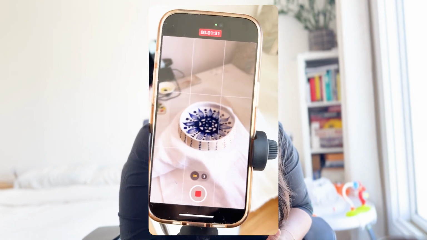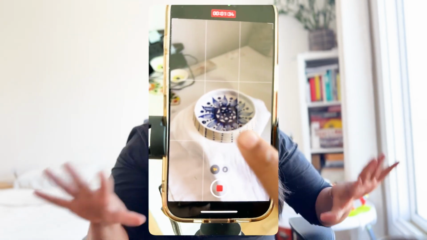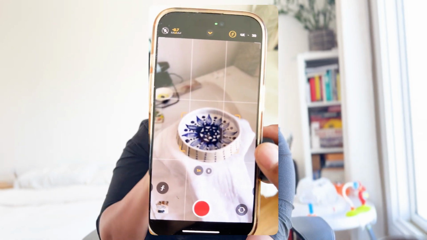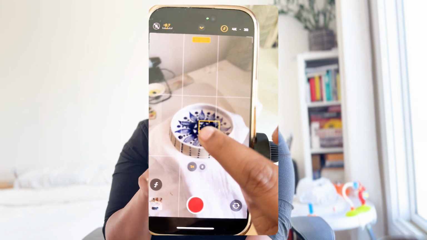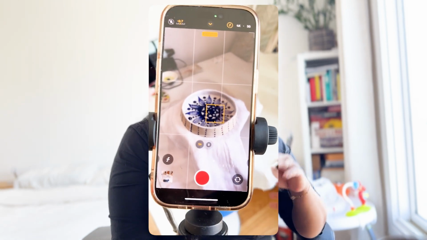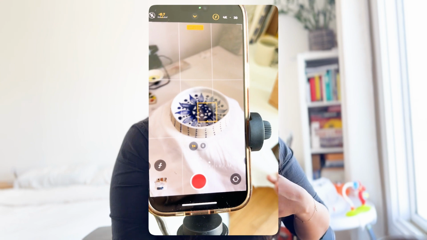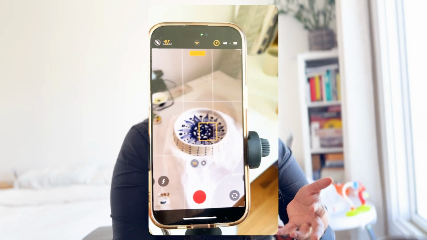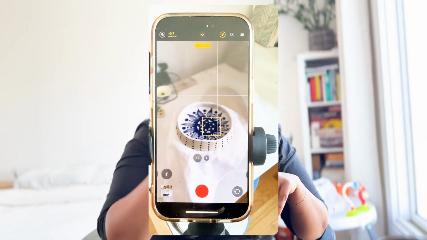Then I am shooting in cinematic mode because it kind of blurs out the background and makes your product shine. And you want to click on the center of the screen to auto lock the focus, because when you're moving it, the focus moves around and sometimes the video comes out blurry. And you want to make sure the exposure is set to 0 or slightly brighter depending on your lighting situation, but don't make it too bright, it will burn out your white things. And yes, take a couple of shots, press play, rotate it a little bit tactically,